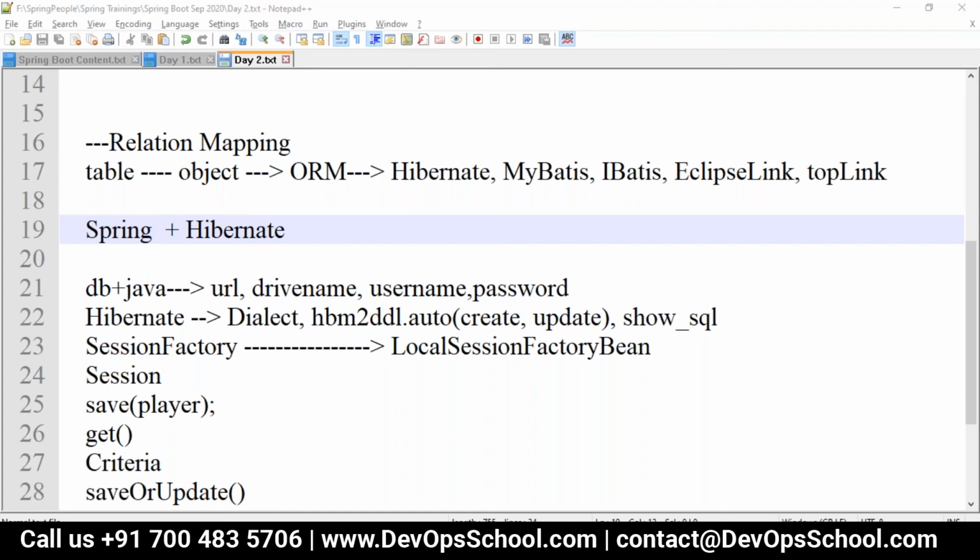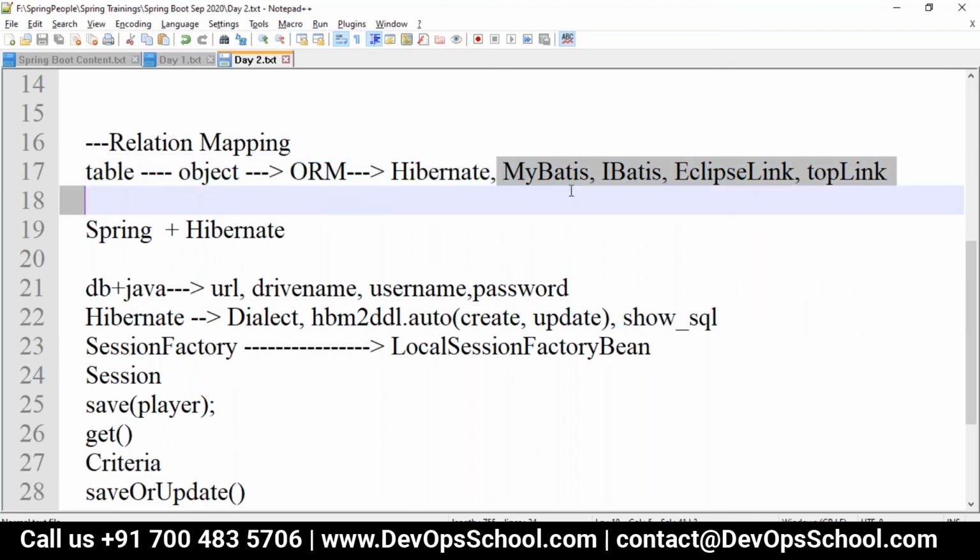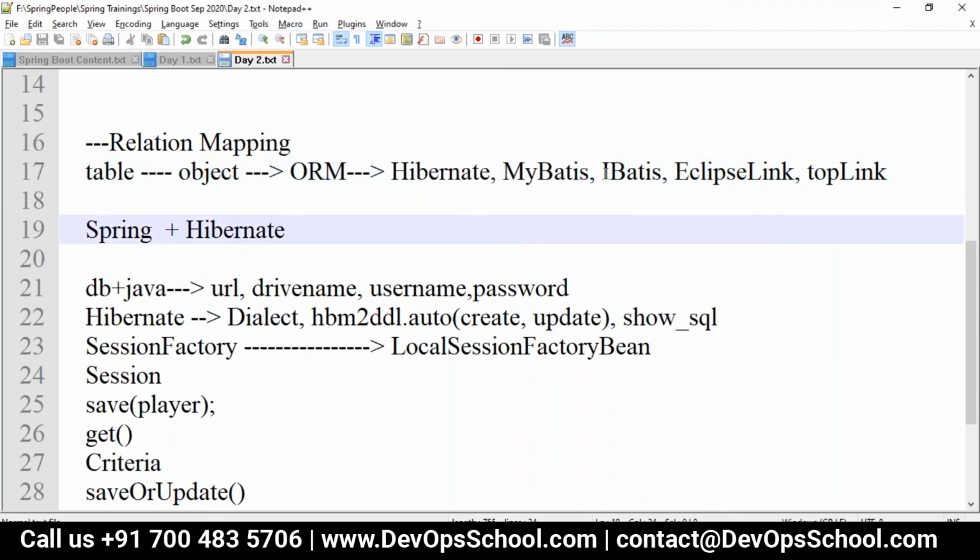Which of these ORMs is better comparatively? You have shown a set of 5 ORMs. Most people use Hibernate, but some clients use MyBatis as well. These two are the most used in the market. But if you are working on something like JBoss, then some people prefer to go with EclipseLink, because there it's easy to configure with JBoss. So it depends on which libraries you are using, and we'll pick that.